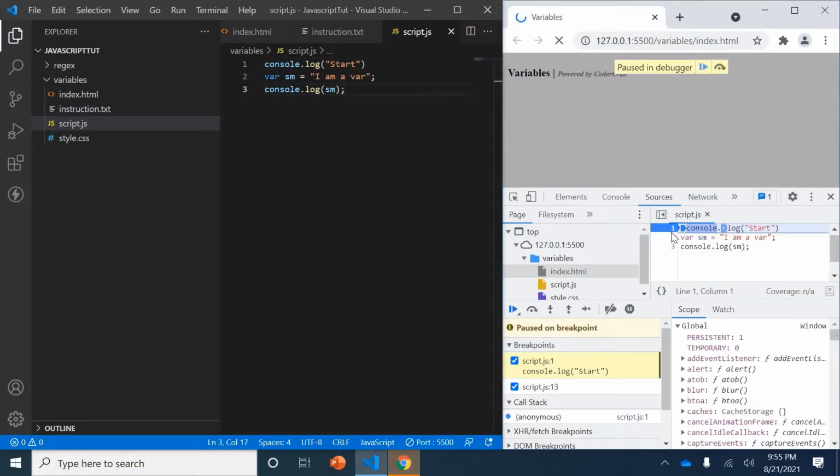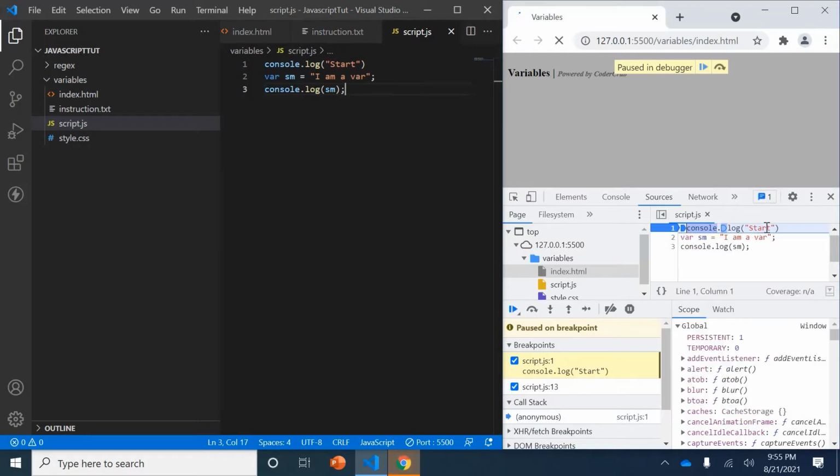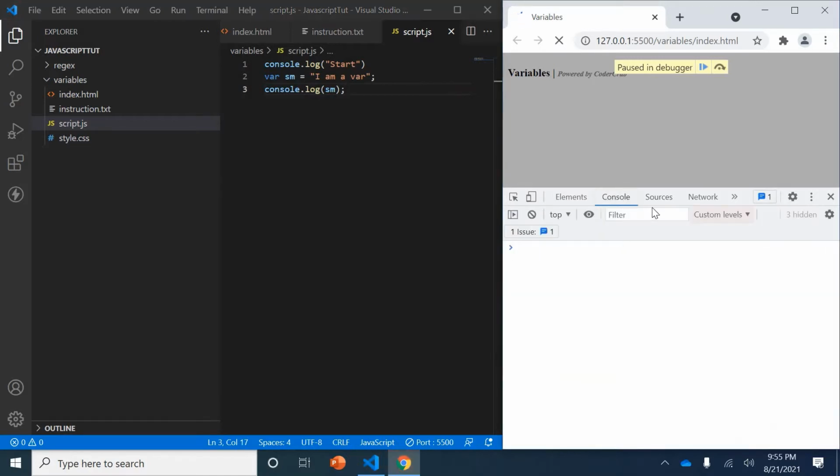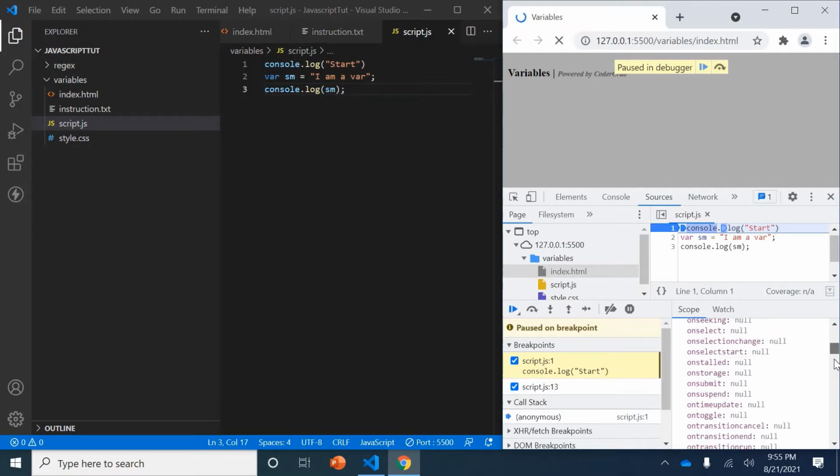Now I am at the debug point. When it comes to this particular start, we are here in the start, so it would be printing nothing. That means nothing is executed yet. At this point of time, inside this global, if I search the variable name asm, let's see if we'll find it.